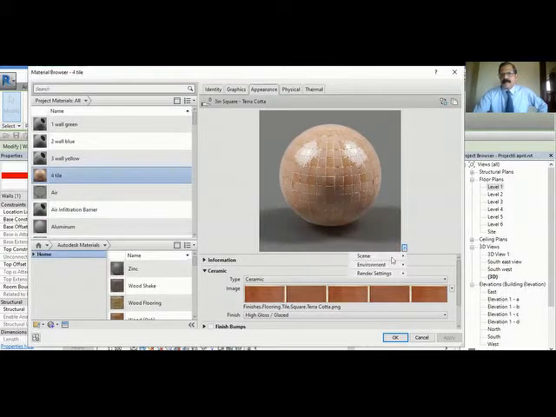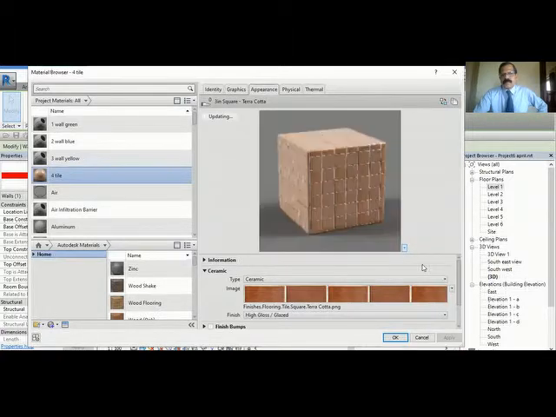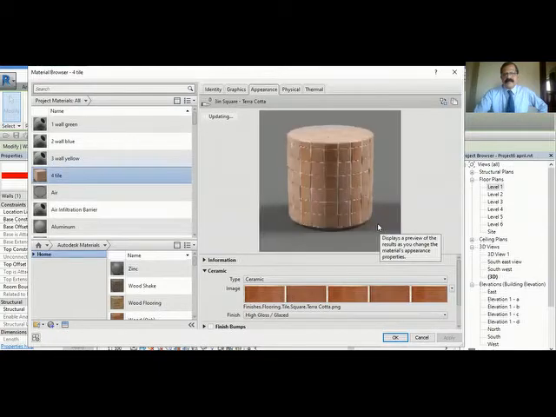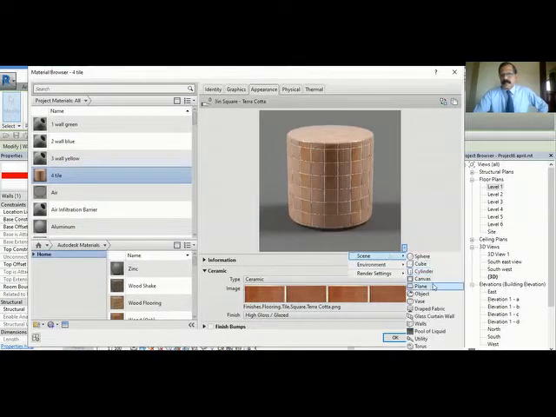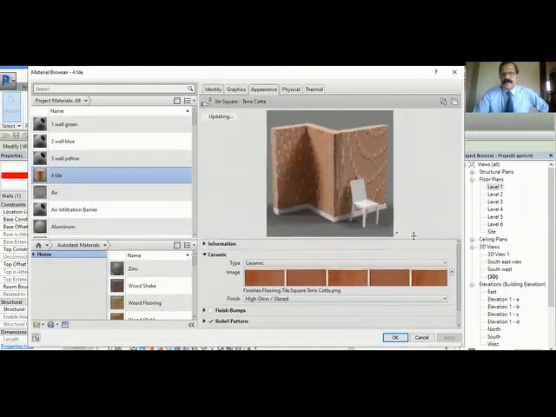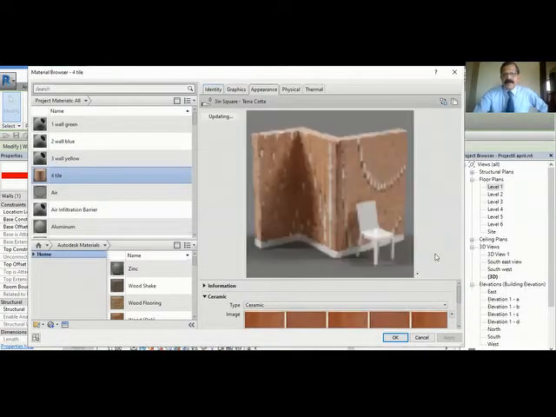Okay. Scene. Cube you have seen. This is a cube. That was the original. Scene. Cylinder. So if you apply it on a cylinder, this is how it is going to look. Okay. And suppose you want to see how it is going to look when you apply it in the walls. You see, in the walls, how it is going to look. It may take a little time to render this. Can you see this? How it is applied?